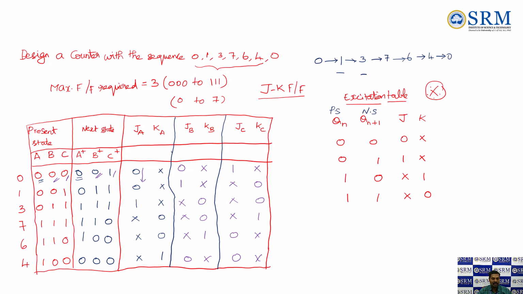The next step, with the help of this excitation table, we have to find the inputs of the flip-flops: JA, KA, JB, KB, as well as JC and KC. For that, I am comparing A with A plus, I can get JA, KA. B with B plus, I can get JB, KB. Right. So after completing this table,